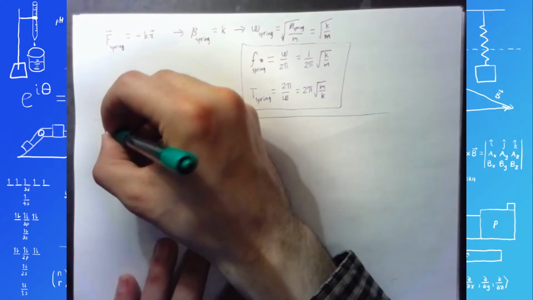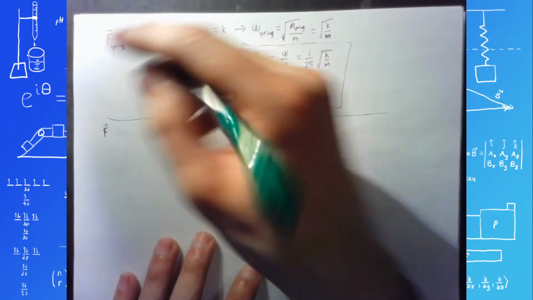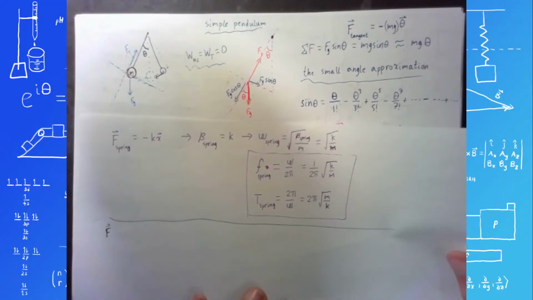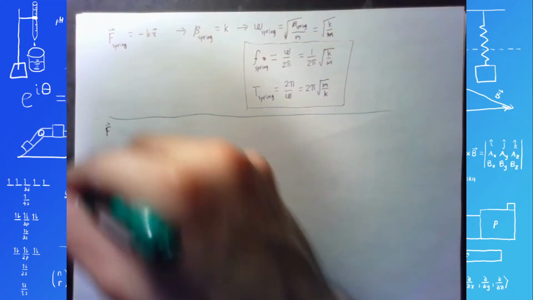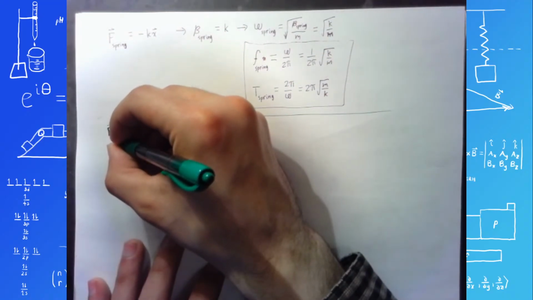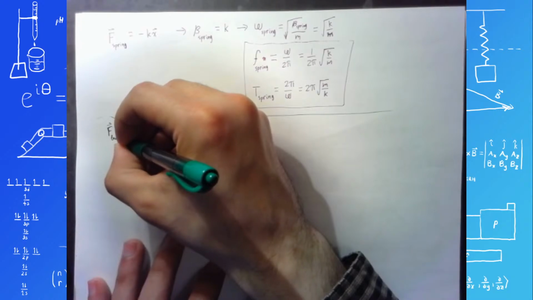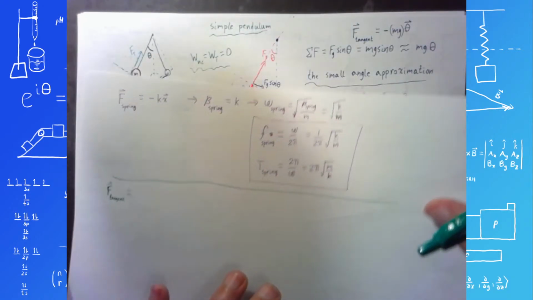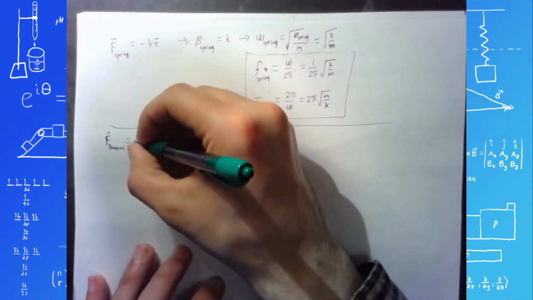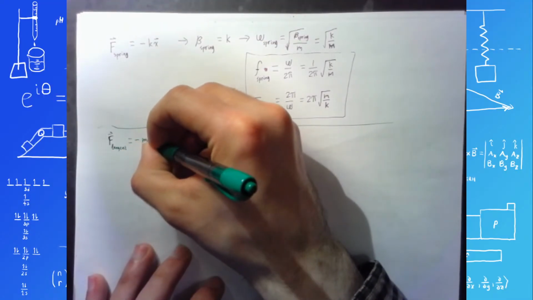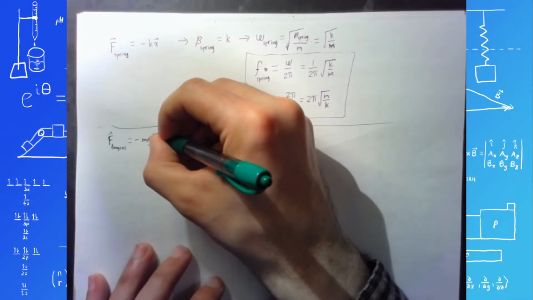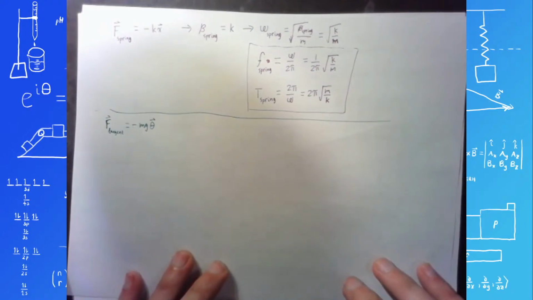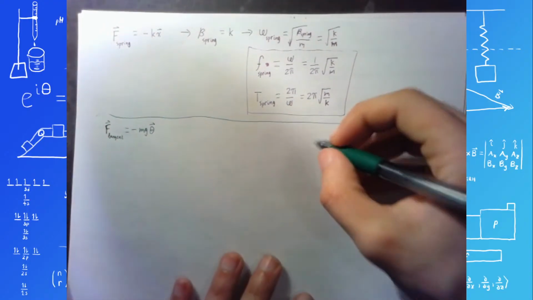The restoring force for a pendulum, which I called F tangent, equals negative mg theta, equals negative mg theta, and theta